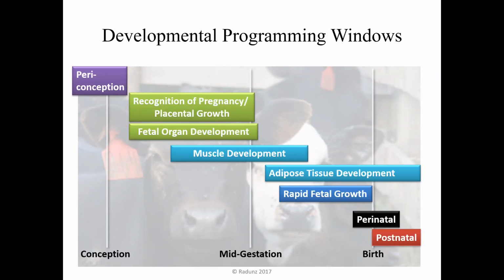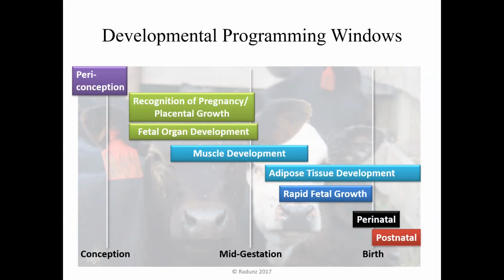And what that really means is a muscle can have many nuclei on a muscle fiber. If that cow is undernourished, she's not able to provide enough protein to that fetus. Muscle development of that calf will be limited because it will not have as many nuclei on a muscle fiber,